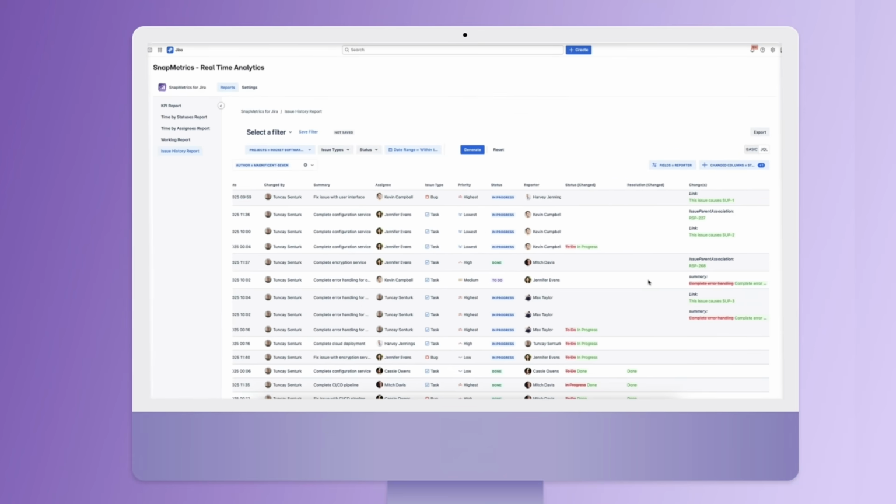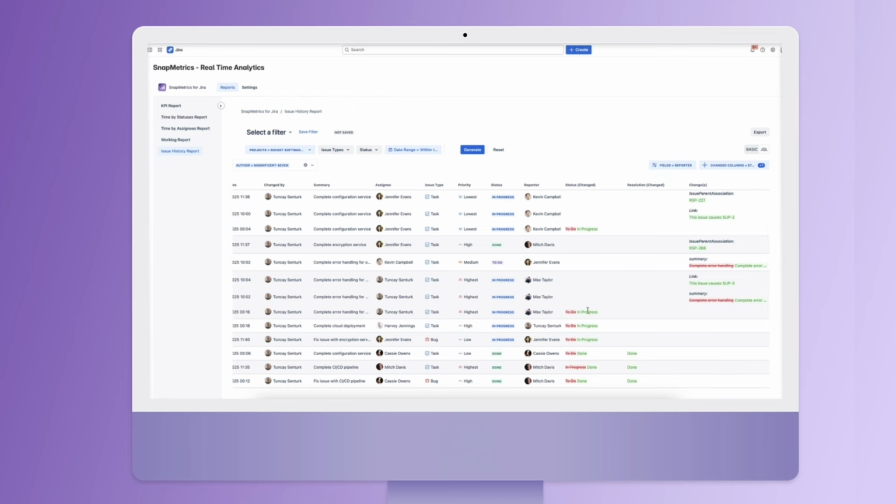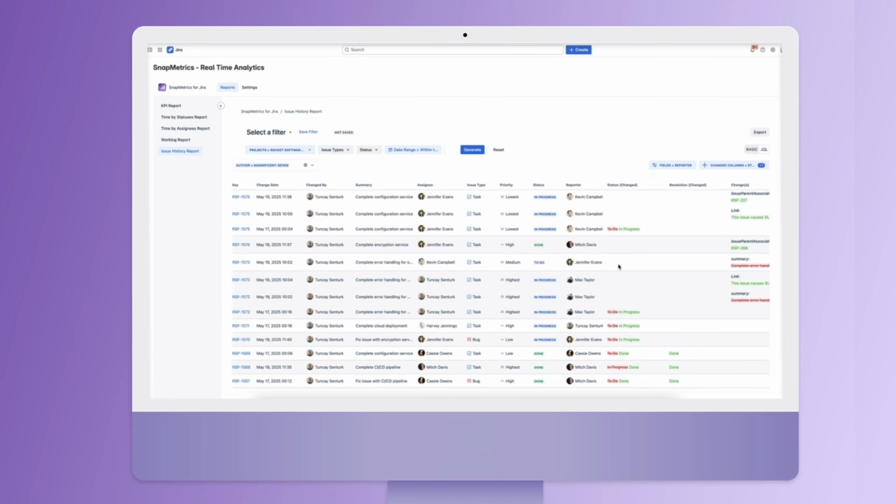And that's it. Now you can view all status transitions, resolution updates, and other tracked changes all in one place